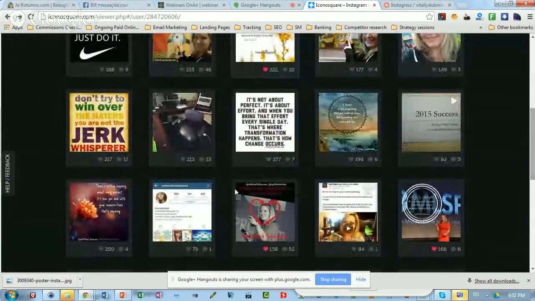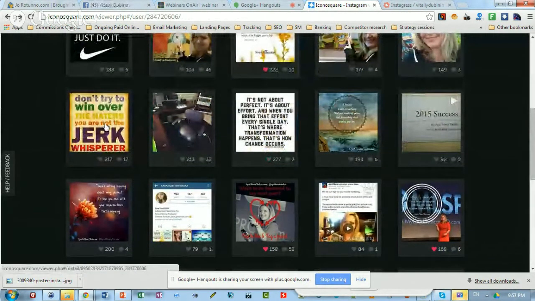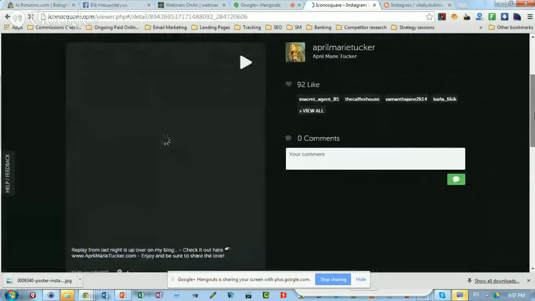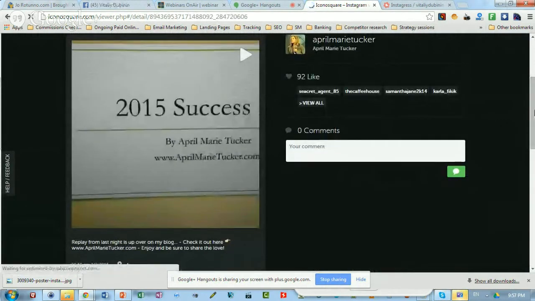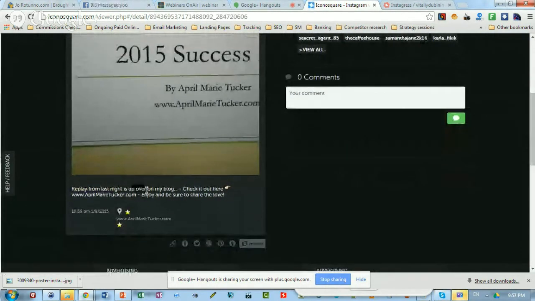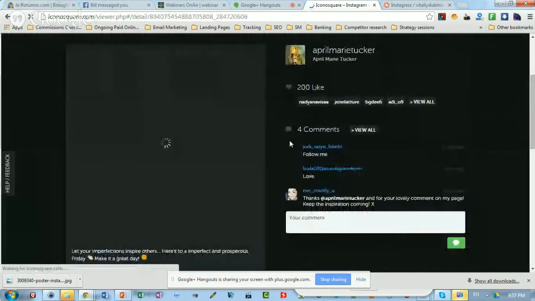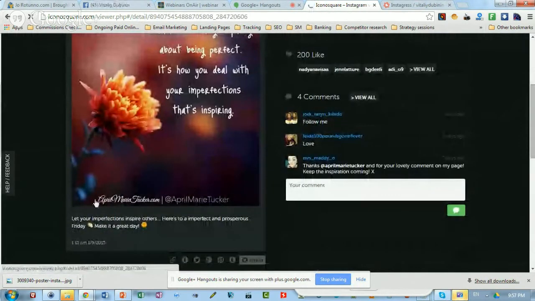Here is another one, inspiration. Those are just lifestyle pictures. There's a video here. You see, it has a play button. Replay from last night on my blog. She's directing people to her blog. Replay from a webinar. Here is another inspirational post, and see, she brands her images with this watermark, her website.